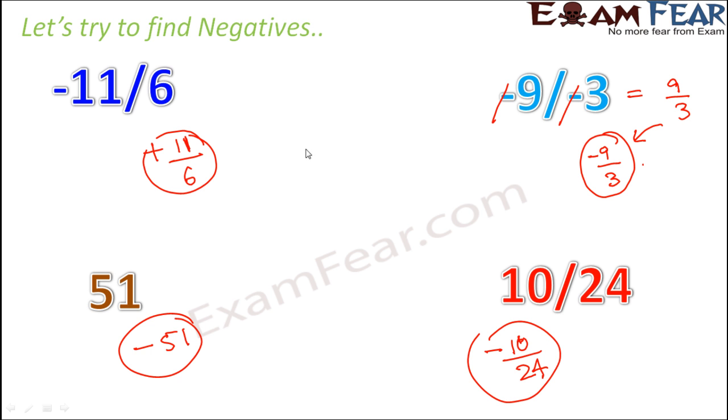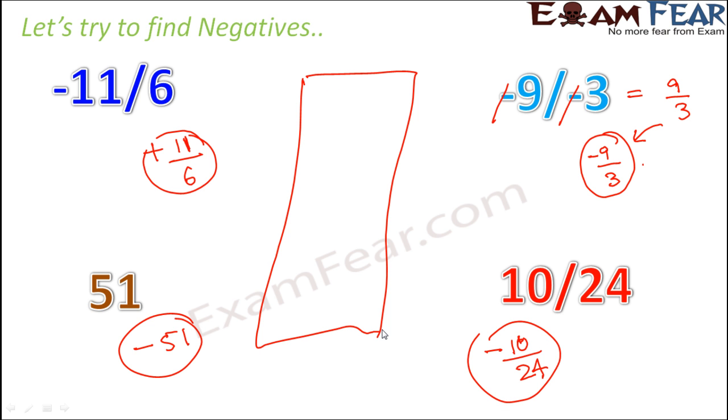So a few things with regards to these sign conventions which you should always remember, not only with regards to finding out negative but in general also for calculation. So whenever you have two minus signs, like let's say you have something like minus 9 by minus 3, these minus signs will cancel and this will become equal to 9 by 3. Now, if you have something like minus 9 by 3, this is the same as 9 by minus 3. It means the same thing. Right? So these are a few things which you should always remember.